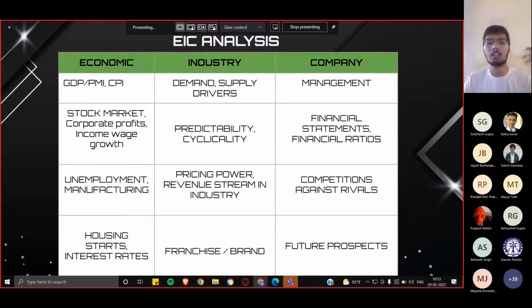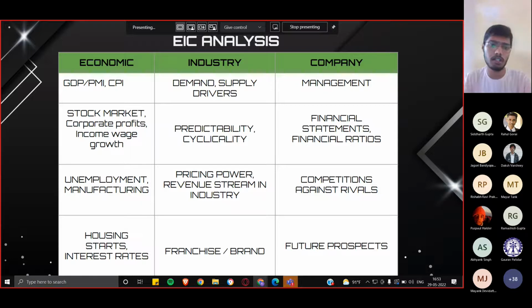So basically there are two types of GDP. One is the normal GDP and the other one is real GDP. In real GDP, they adjust the GDP with inflation. If you adjust both GDP and PMI, they have really good correlation between them. You can refer to the graphs on websites, etc., that they have nearly the same correlation.